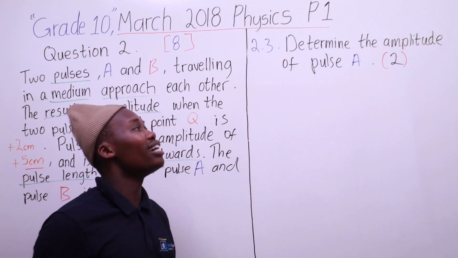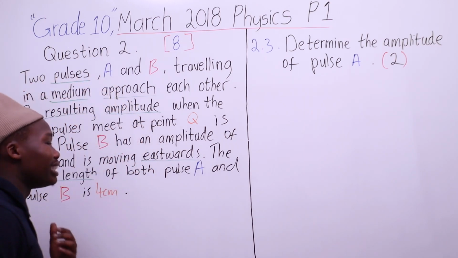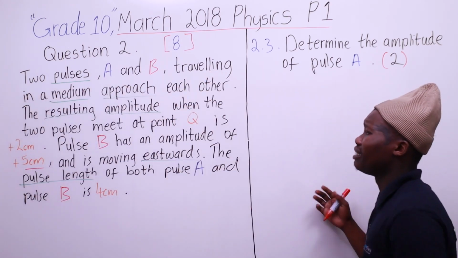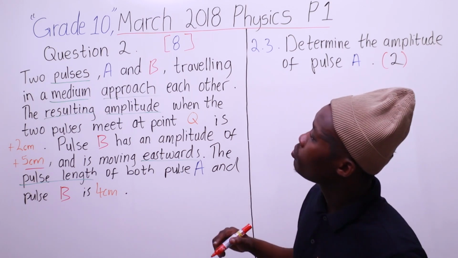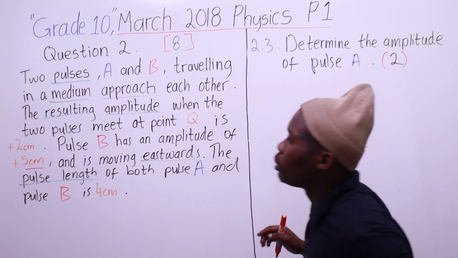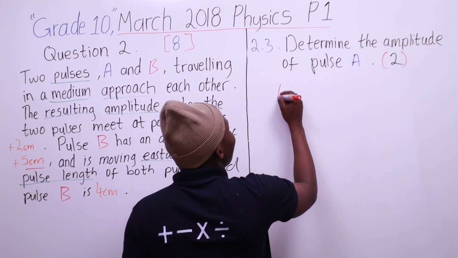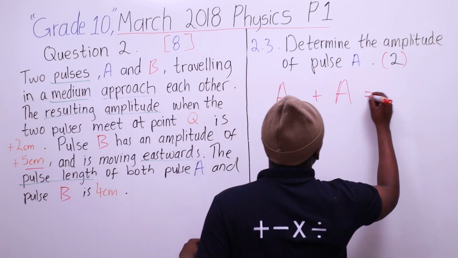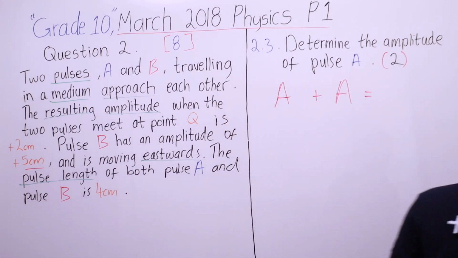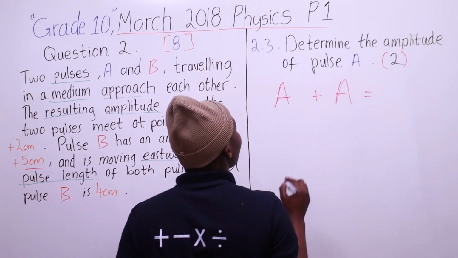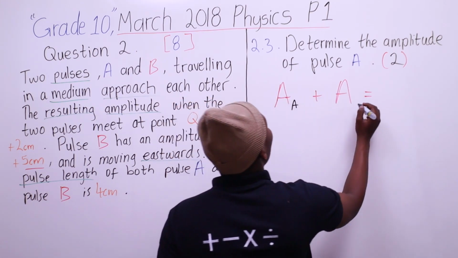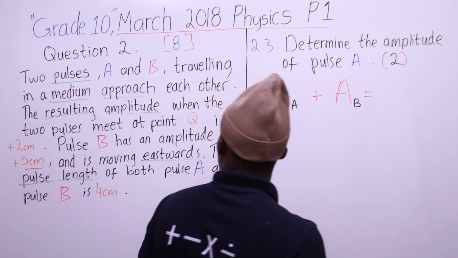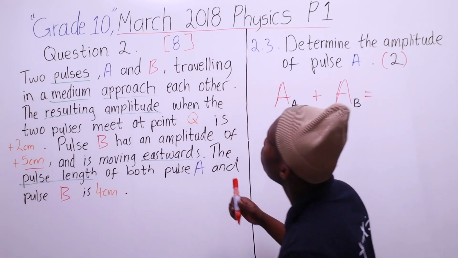And that distance is the amplitude. Yabo? The maximum displacement. How do we find it? We already know this. I did this with destructive interference. What we know is the amplitude, I will write with a different color. So the amplitude of A plus the amplitude of B gives us positive 2, that is, the two pulses meet at the